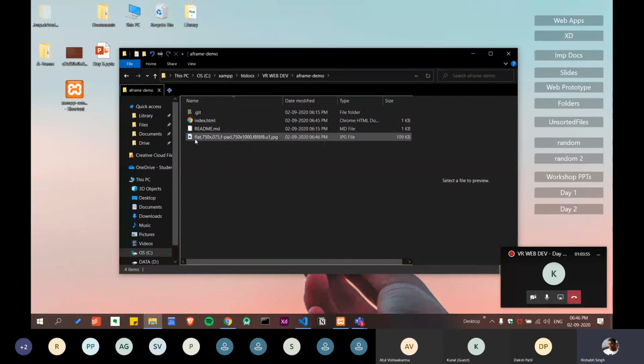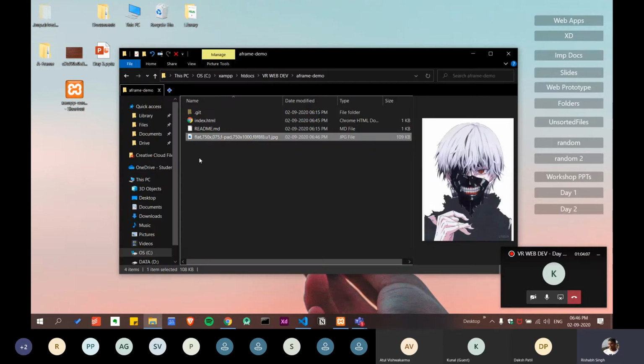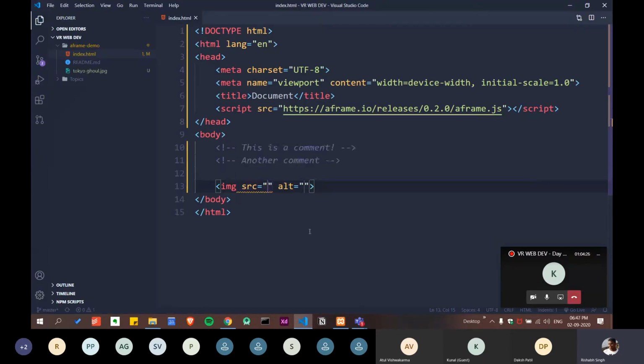As you can see, we have to enter this entire name, but the name is too long and too complicated. So we are just going to rename it, and an easier shortcut is F2. So this will be good. Now just get back to VS Code, and let's enter the name, and we are going to type here Tokyo.